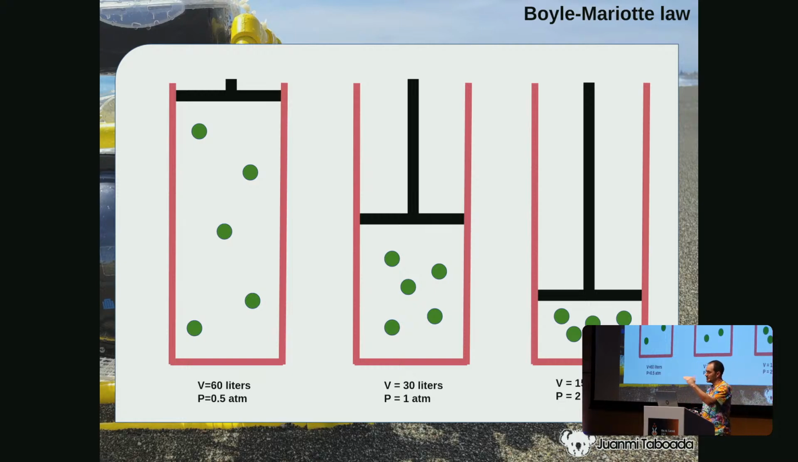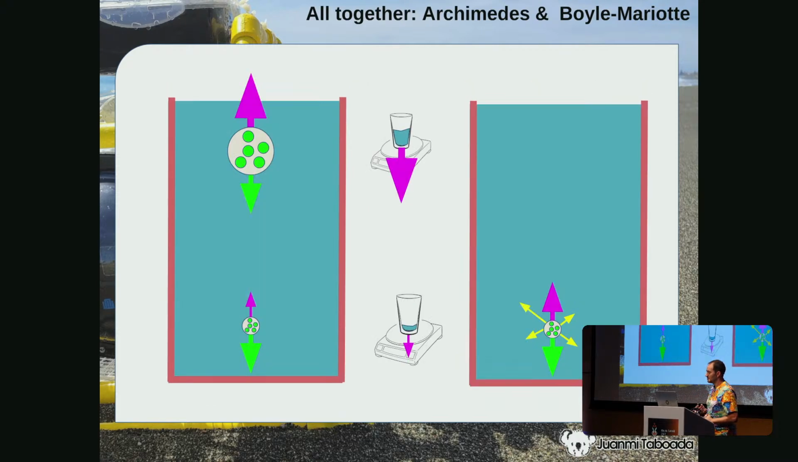What happens if we do the same again? We compress it, and we divide the volume from 30 liters to 15 liters. We'll get the pressure to double again, to 2 atmospheres. So let's see all of this together. If we put these two laws together,